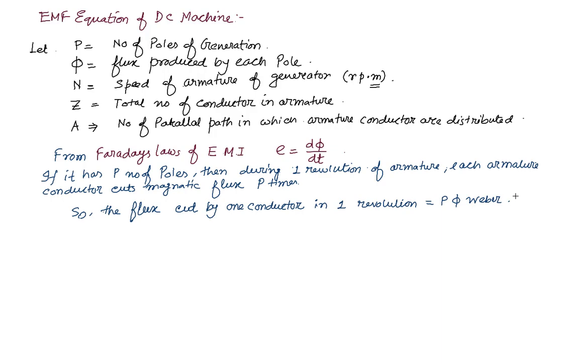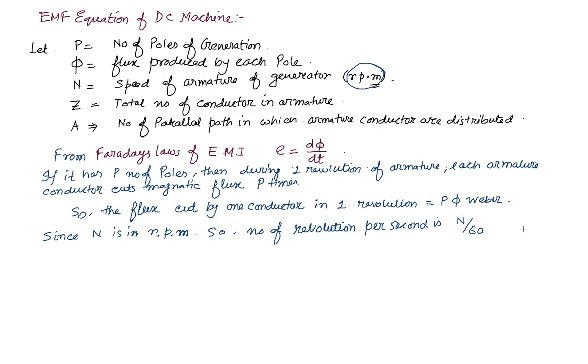Okay, important. Since the number of revolutions made by the armature per minute is N, because it is in RPM, rotations per minute, the number of revolutions per second is N by 60, because in 1 minute there are 60 seconds. And therefore